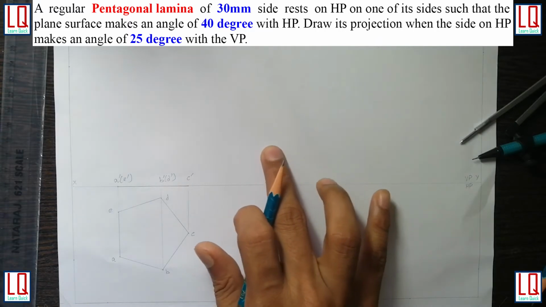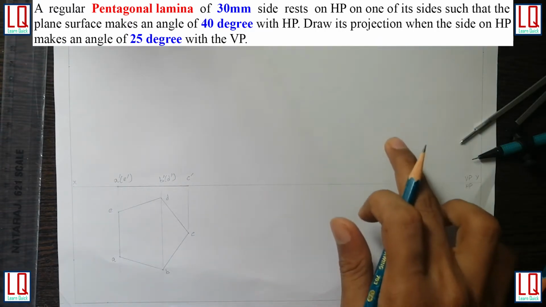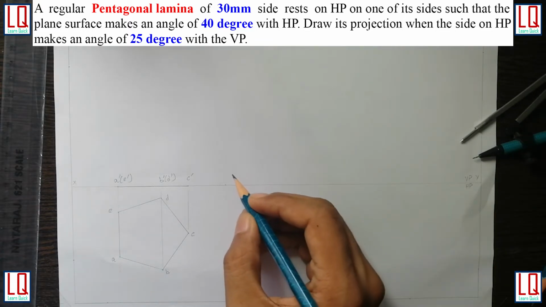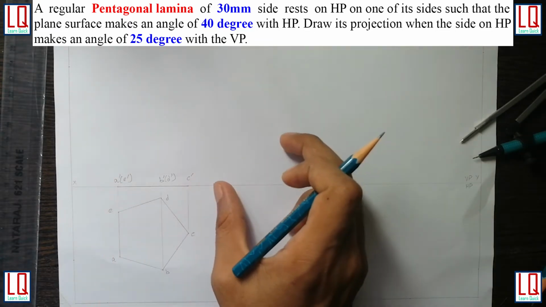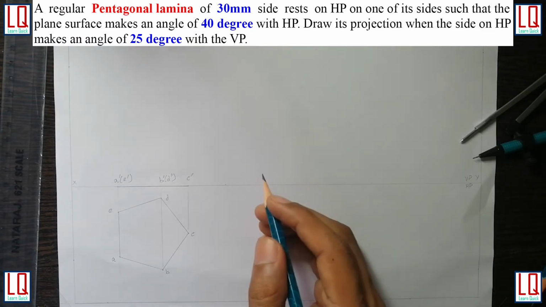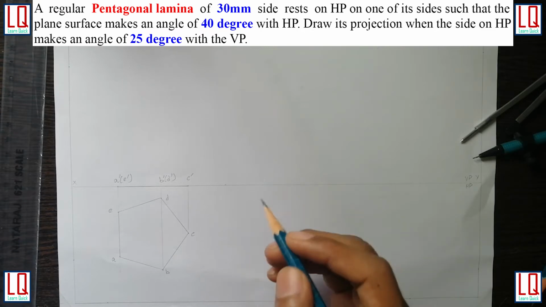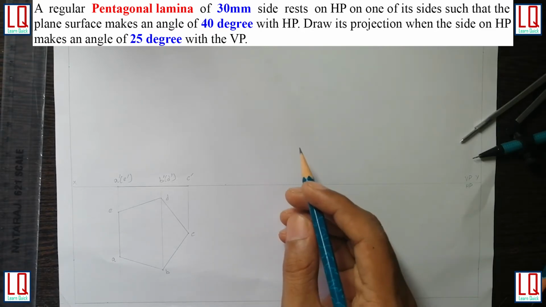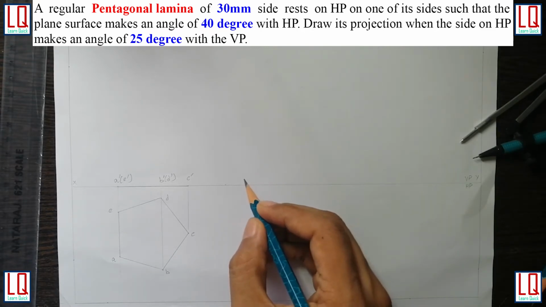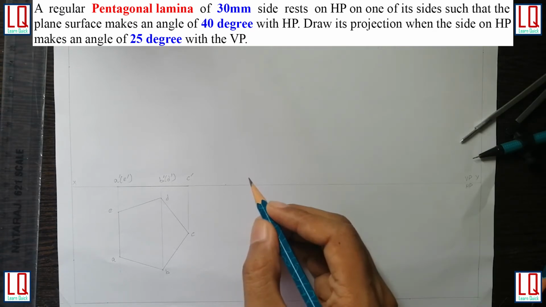Now I will be moving to step 3 here, and my step 4 will be here, step 5 here and step 6 here. Now we will be inclining this pentagonal plane in step 3 at an angle of 40 degrees, since it is said in the question that the pentagonal plane surface makes an angle of 40 degrees with HP. If it is given as 40 degrees with HP, we introduce the 40 degrees in the view in VP, since the 40 degrees will be visible in your front view.